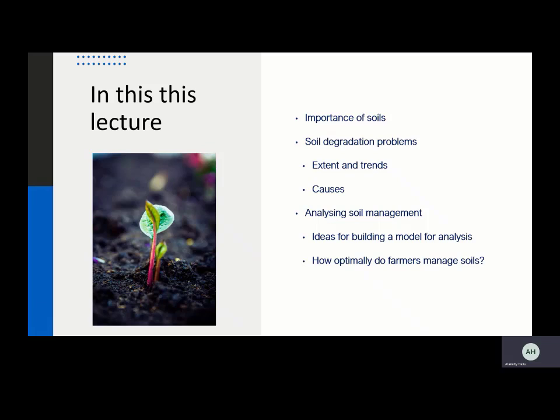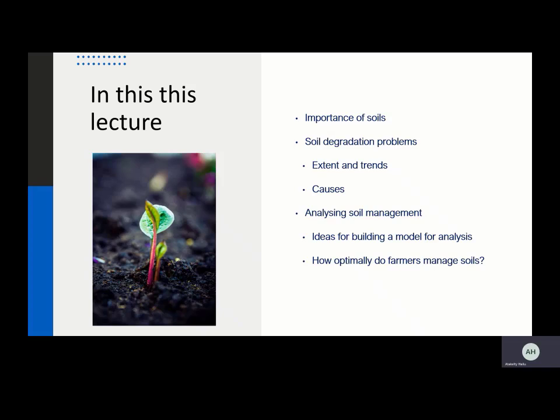Welcome. We will look at the importance of soils briefly and then look at degradation, what causes degradation, and we'll distinguish between what's called immediate and underlying or fundamental causes. And then we'll say a few things about soil management, especially with a focus on building models because we have